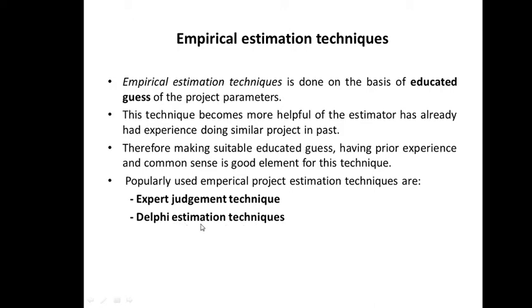So what do these methods mean? As the name suggests, the first one is expert judgment. That means you have an expert, a person who is experienced in that particular area, a knowledgeable person, right? He makes the educated guesswork regarding the cost and the time. So fine, it will be approximate, not the exact one. It's an approximation technique. But yes, since you're using an expert for this task,